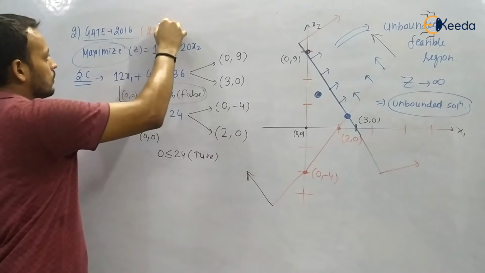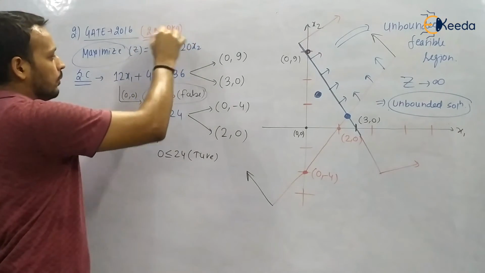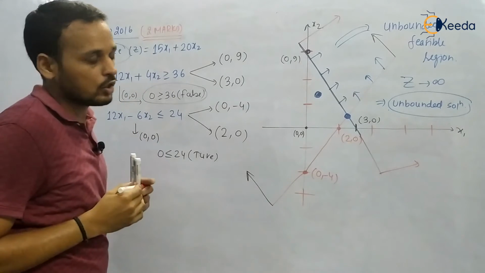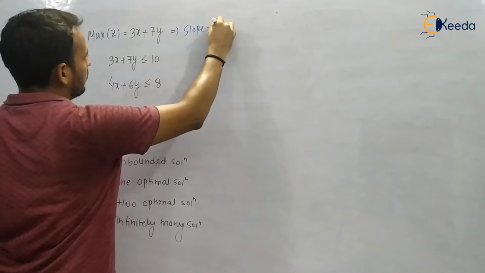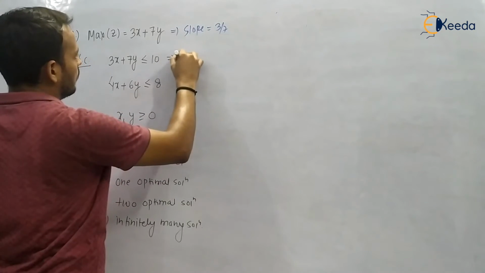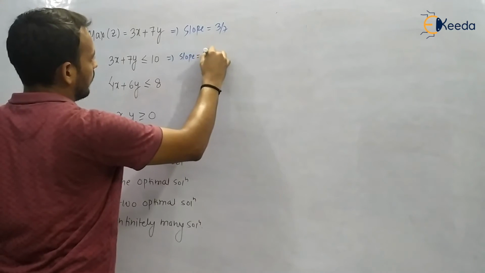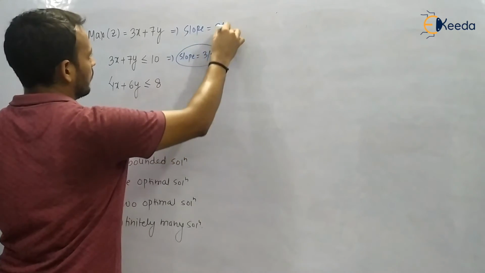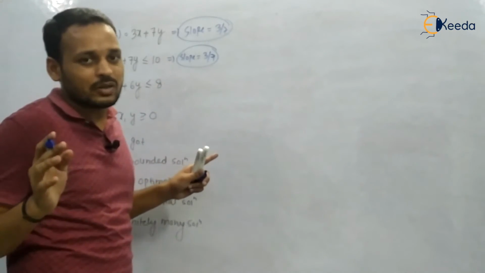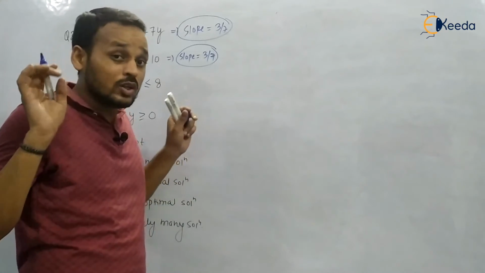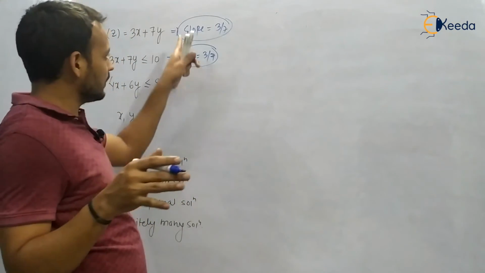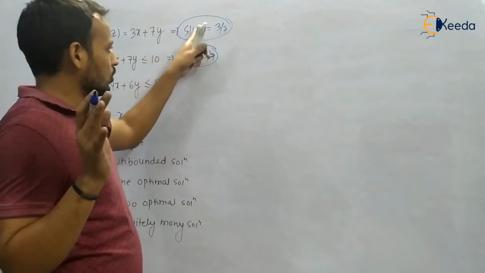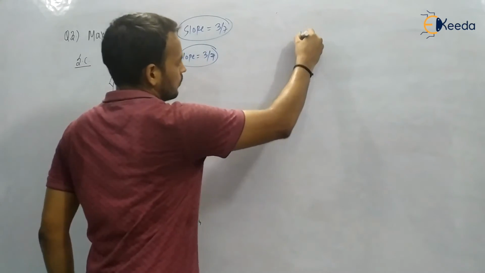So you just have to plot the graph and you know everything. Now, how to choose the nature of the solution. You can see that the slope is 3/7, and here also the slope is 3/7. The slope of one of the constraints and the objective function is the same. So is it a multiple optimal solution? No, we have to check. The reverse is true, that if it is a multiple optimal, then the slope is equal, but vice versa is not true. So we have to check.